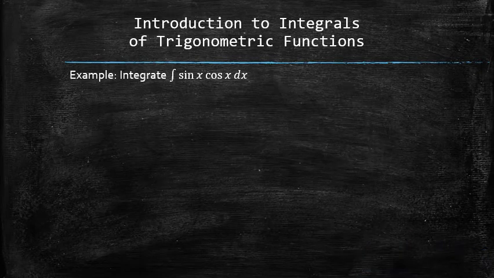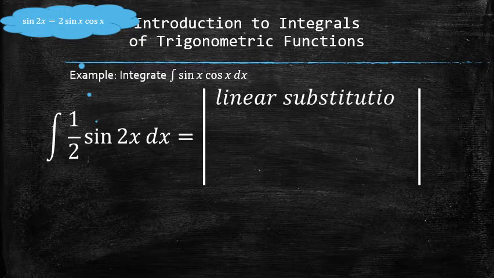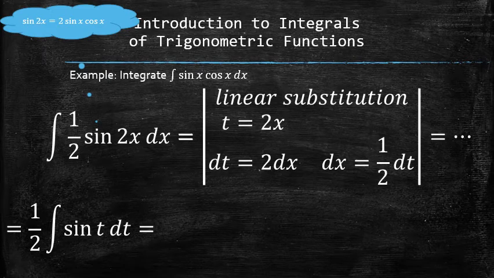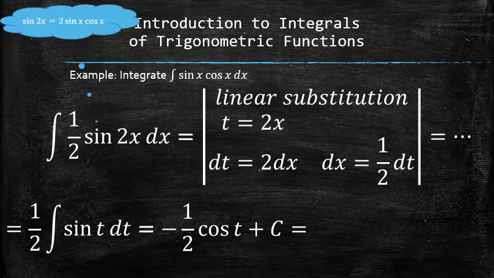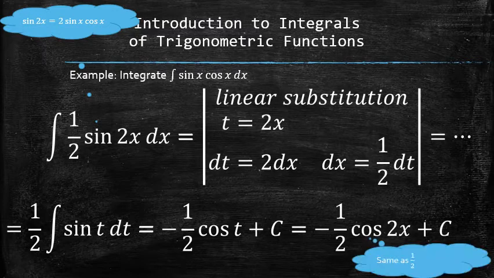Let's do the same example again using an alternative method. We can use a double angle identity and rewrite the integrand and then set up the linear substitution by setting a new variable, let's say t equal to 2x, and finding the differentials of t and x. Next, we plug everything into the original integral and notice that we have nothing but the function of t left in the integrand. We finish the process by finding the antiderivative and plugging the original function 2x back for t. Although the answer doesn't look the same, using the trig identities, it can be easily shown that it differs only by a constant. We will refer to this technique as trig identities.